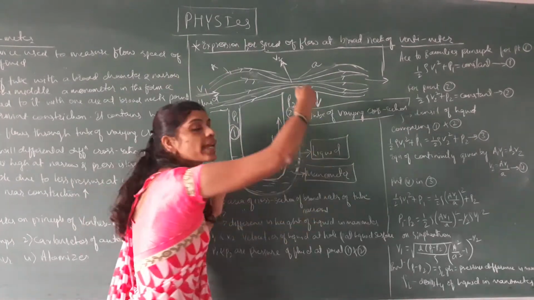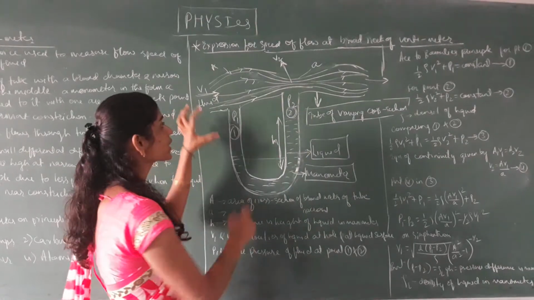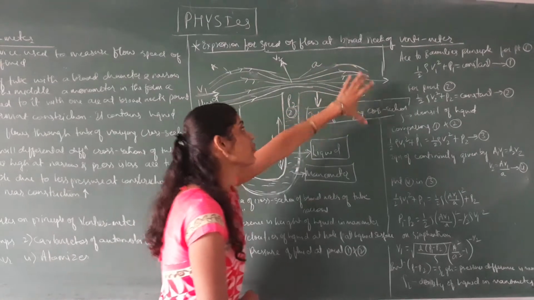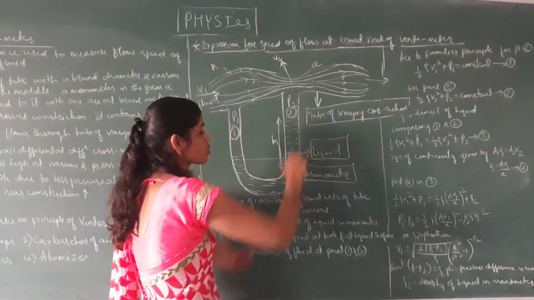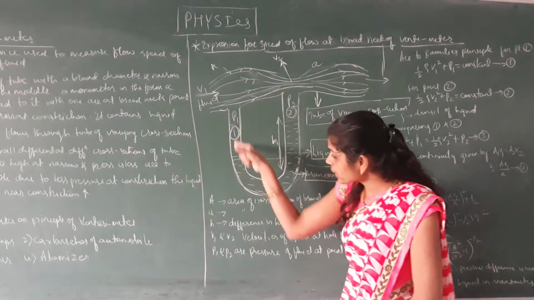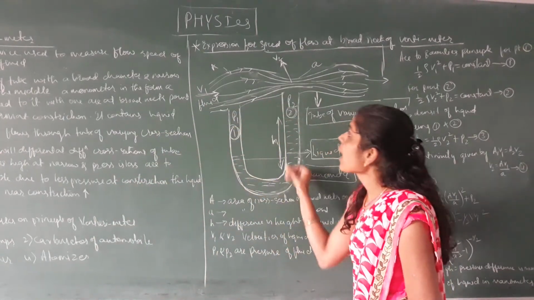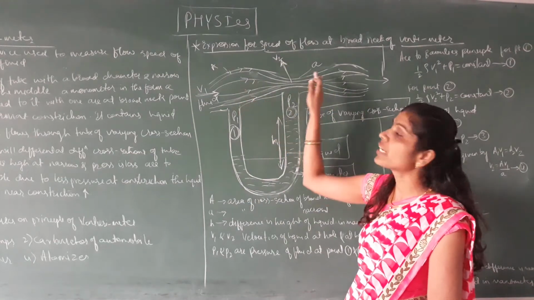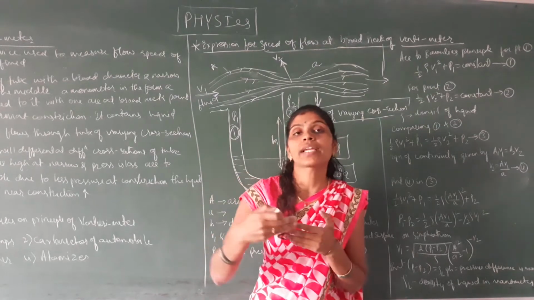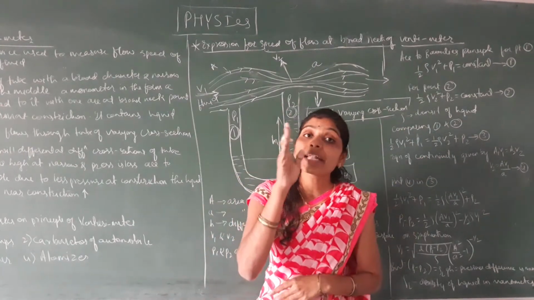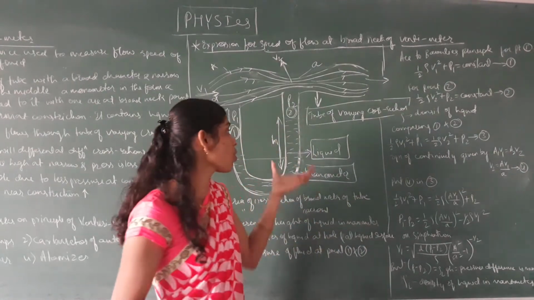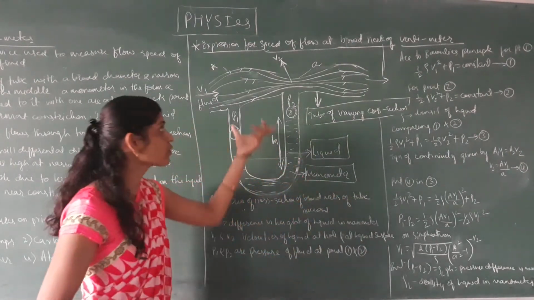Here it looks like a U-tube. In this U-tube, this is the narrow area of cross section and this is the broader area of cross section. This device we are going to call a manometer. It is filled with water here, and they have different cross-sectional areas as shown here. As the liquid flows, the velocity of the liquid at different points is different and the pressure also varies. So this is all about the construction of this manometer.